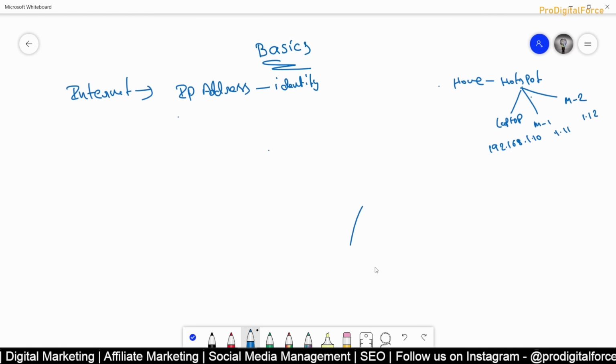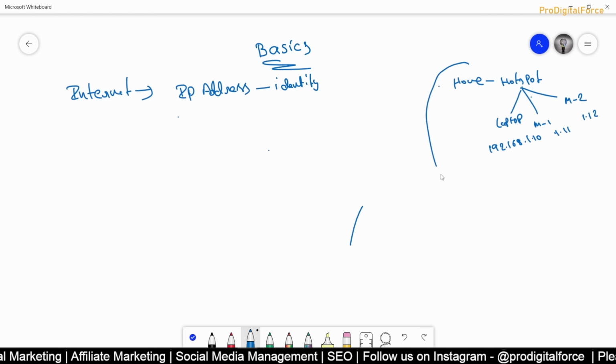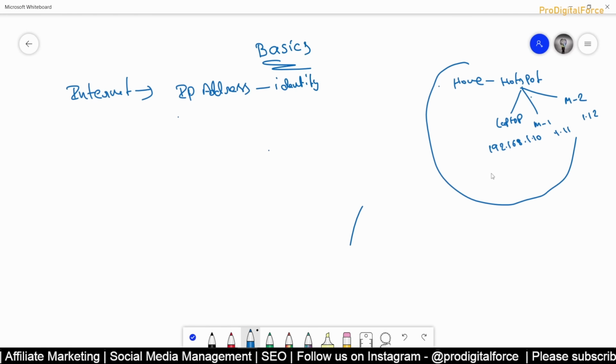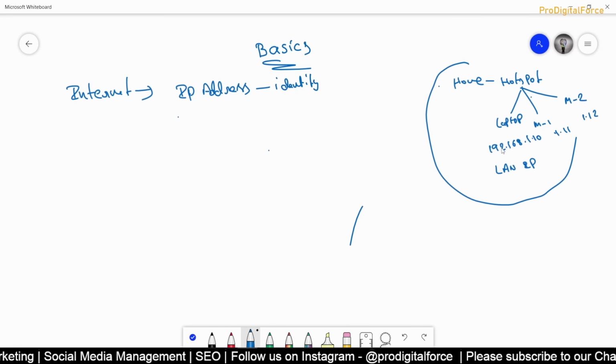But as a whole, overall, you will be represented by something like one public IP address. These are called LAN IPs. Now maybe Tejaswini is using a laptop, it will be 1.10. She is also using a mobile. Her mobile's IP address will be 1.11. So whichever device she uses to send an email, she might be using a laptop or a mobile to send an email, all will be represented with what? One public IP.